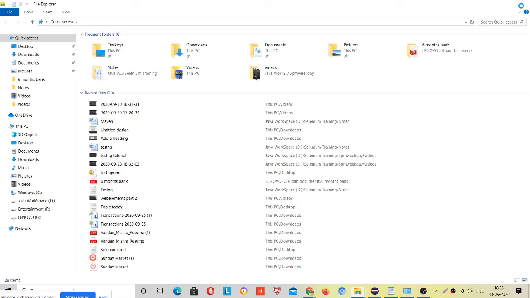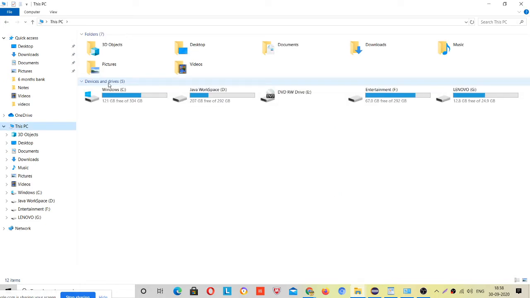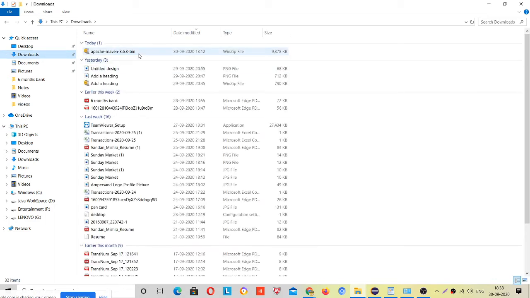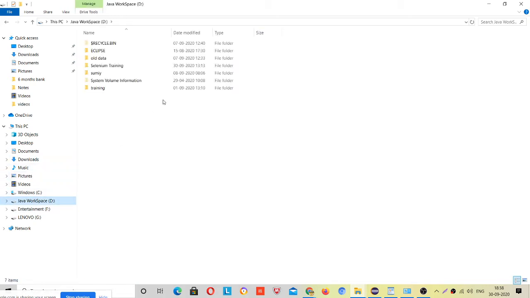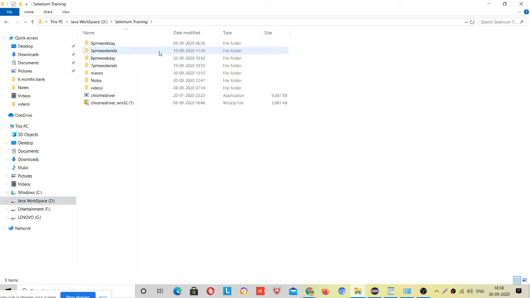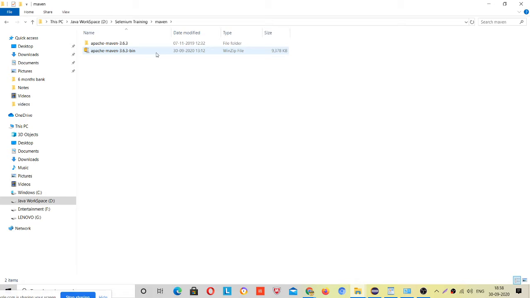Go here, This PC, and I have downloaded it inside the Downloads folder. After that, copy it to any place. I have copied it here, in the Selenium training folder, where I made a folder Maven and pasted this zip file. After that, you need to extract this file.